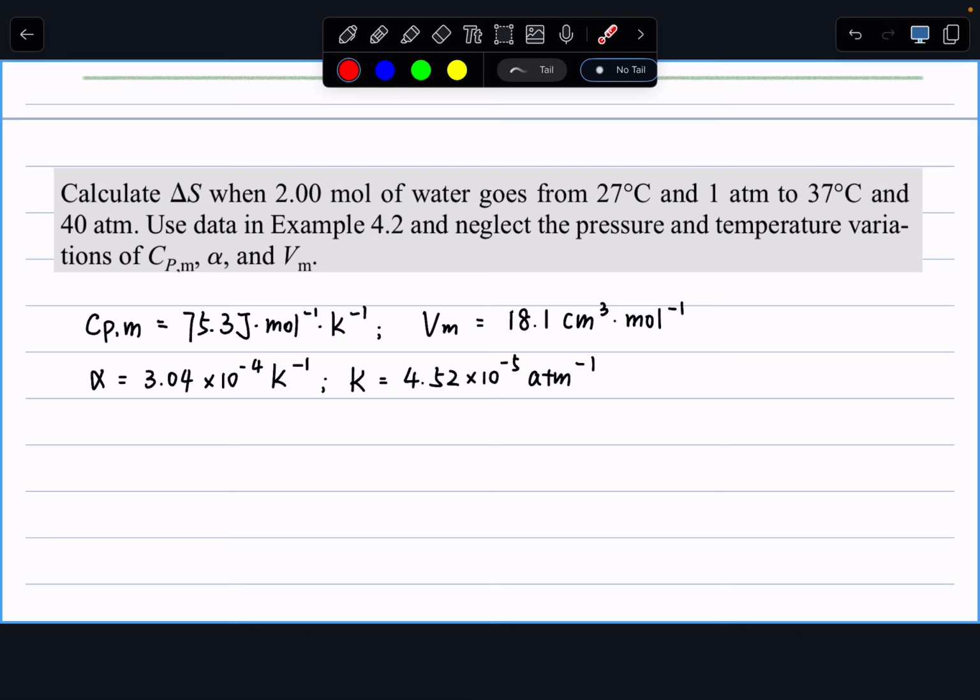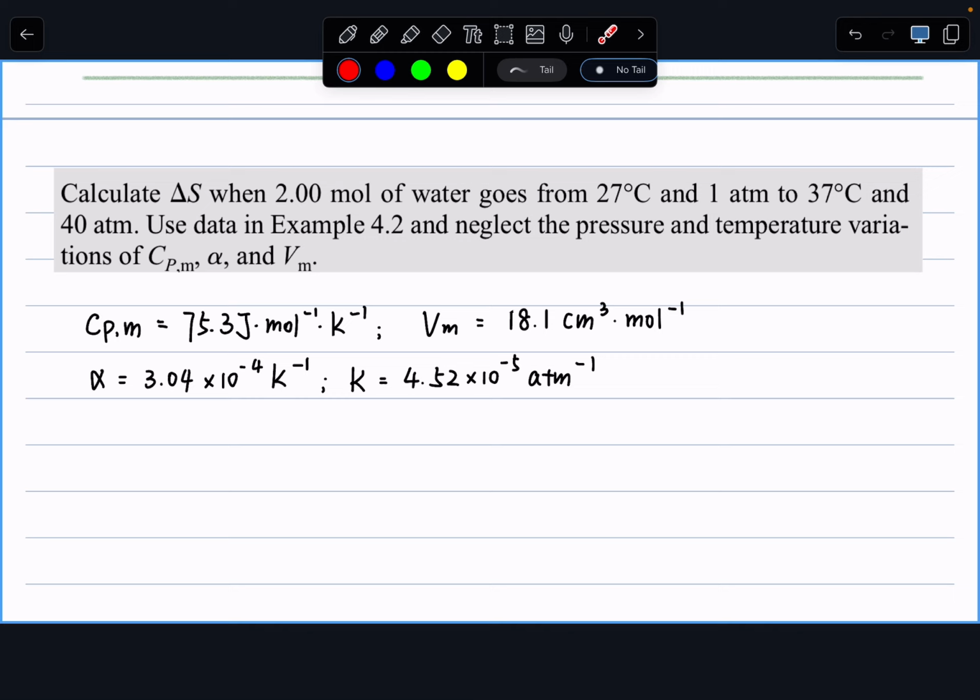All right, and then we can do the same. Next step, second step, we have my isothermal pressure change to get to our P2 equals 40 ATM, temperature remains the same, and my delta S2, we're using our